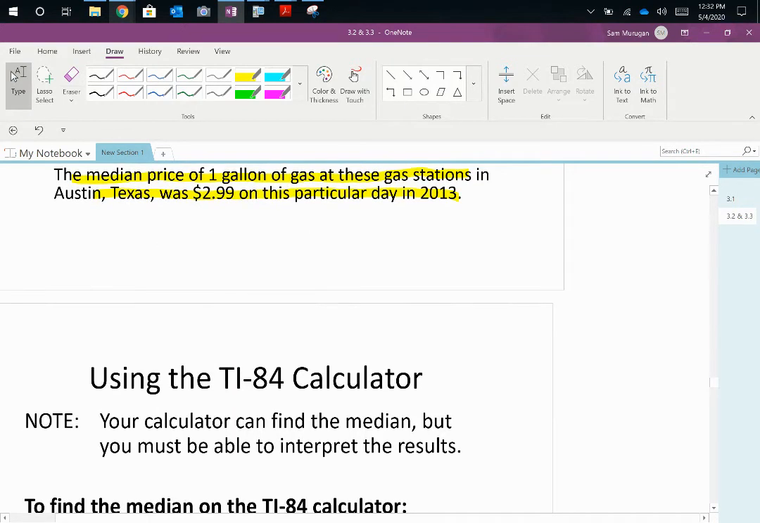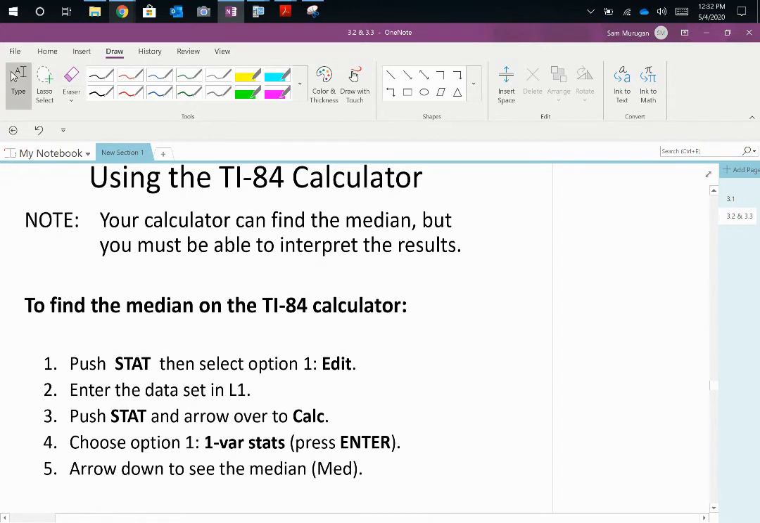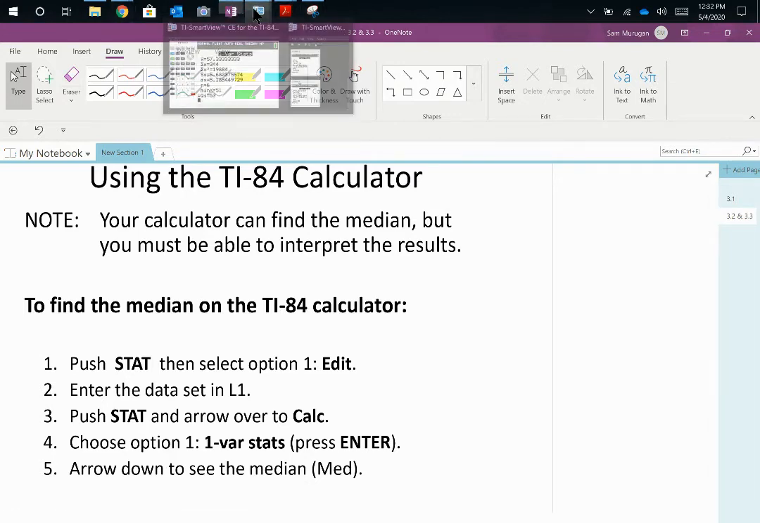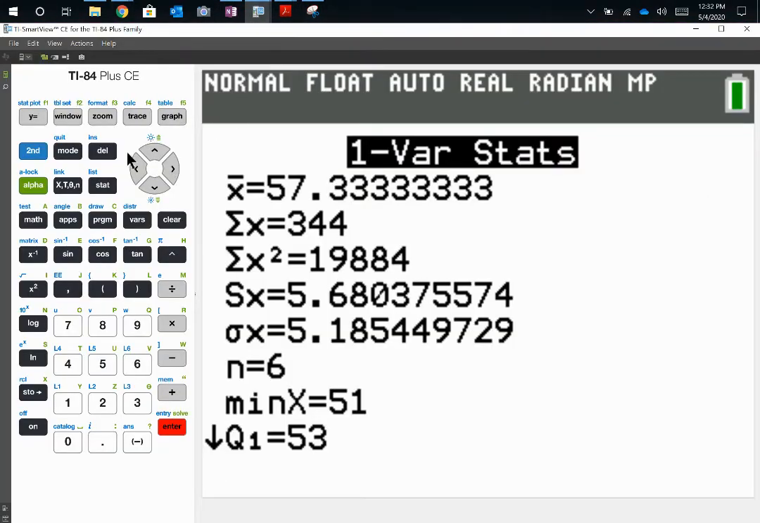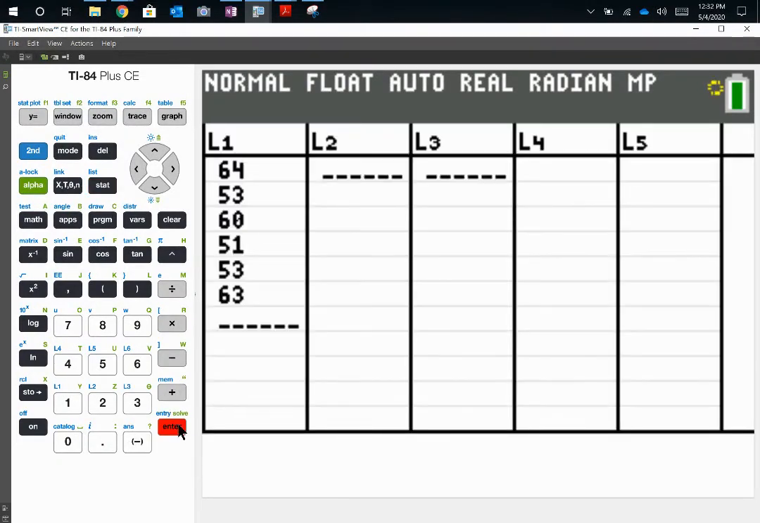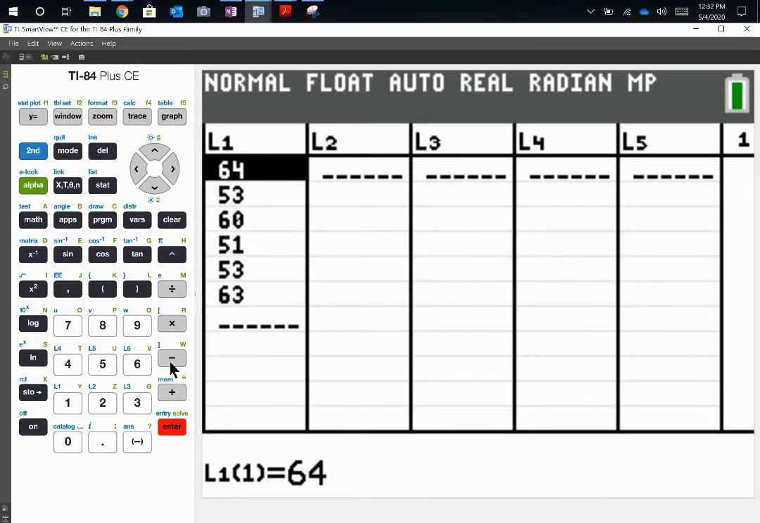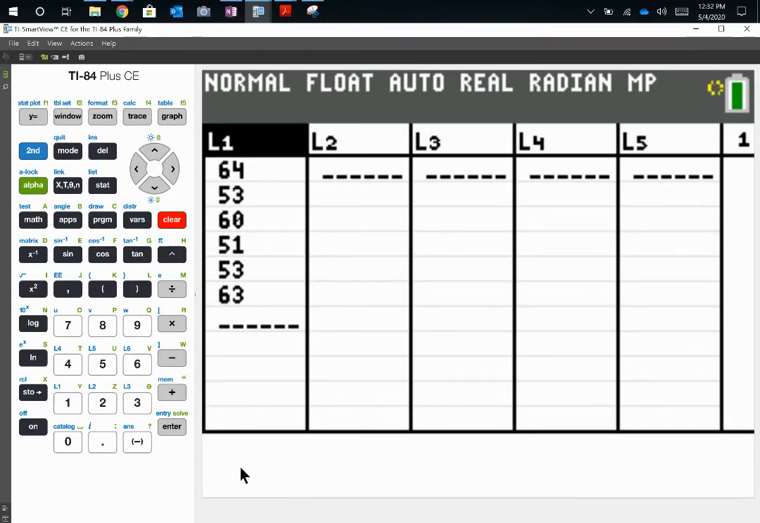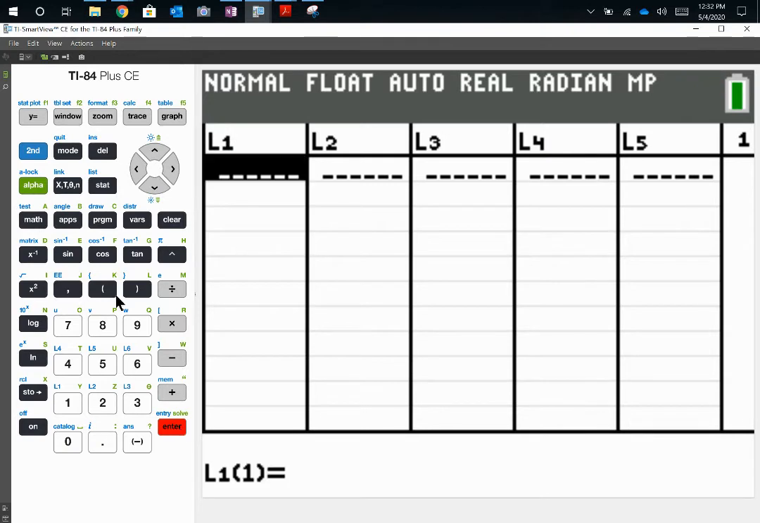I want to also show you how to find the median using the TI-84 calculator. So we would go to our calculator, go to stats, edit your list, and type in the numbers that we have for the data. Remember how to clear this. Go up to L1, clear, enter, and then start entering your data for the different gas prices, which is